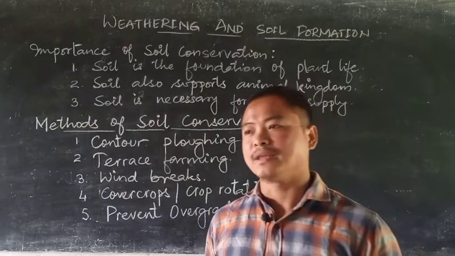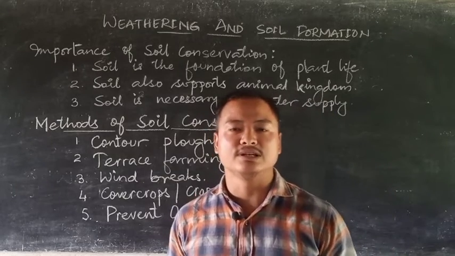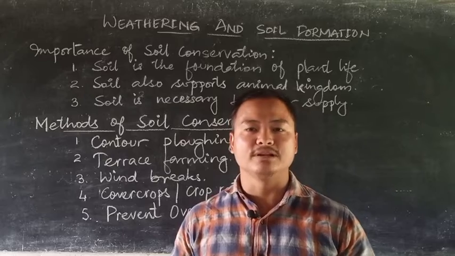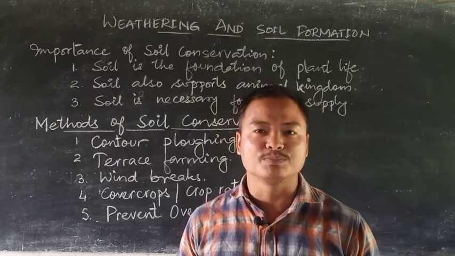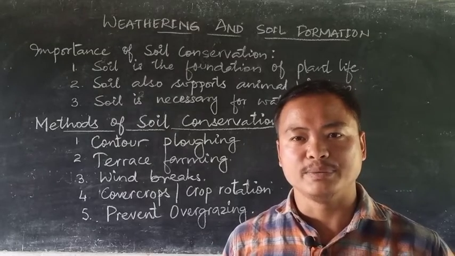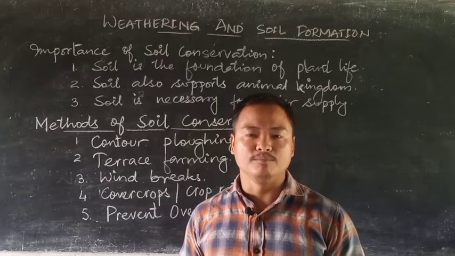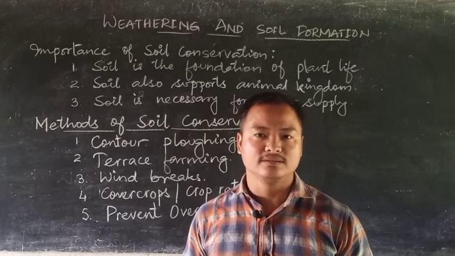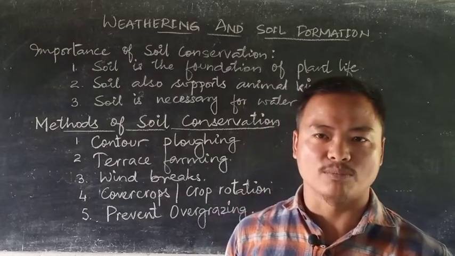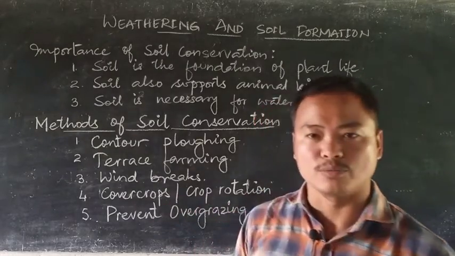For example, take rice cultivation, which is mostly harvested during the months of October and November. After that, the paddy fields remain open. In those paddy fields, if we start planting vegetables like peas or something else, it becomes an important activity, not just in protecting soil, but also an economic activity. Such a practice is what we call cover crops or crop rotation.